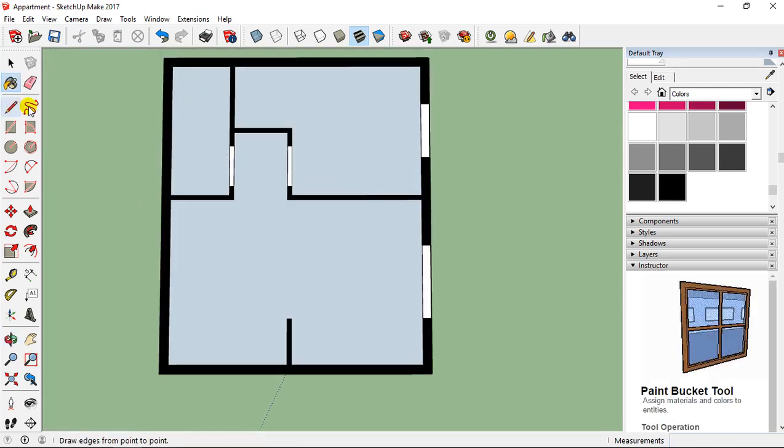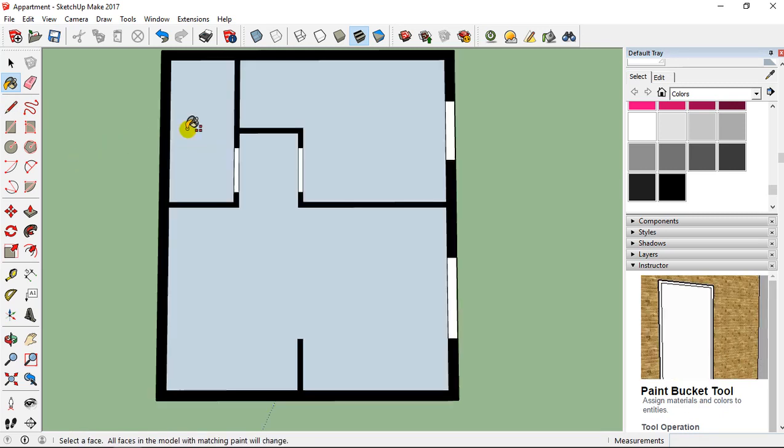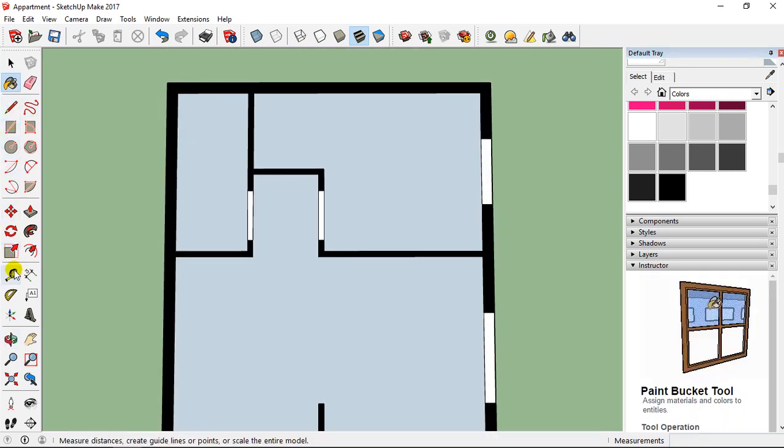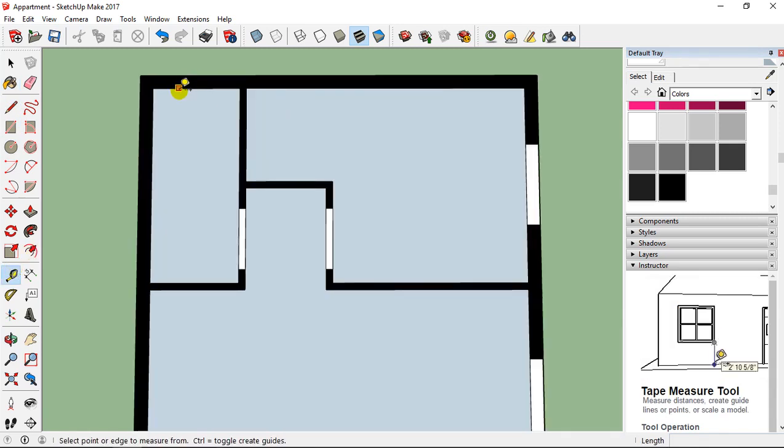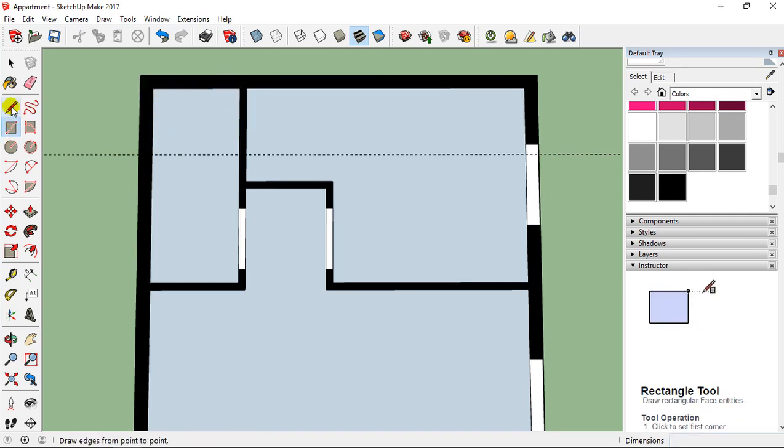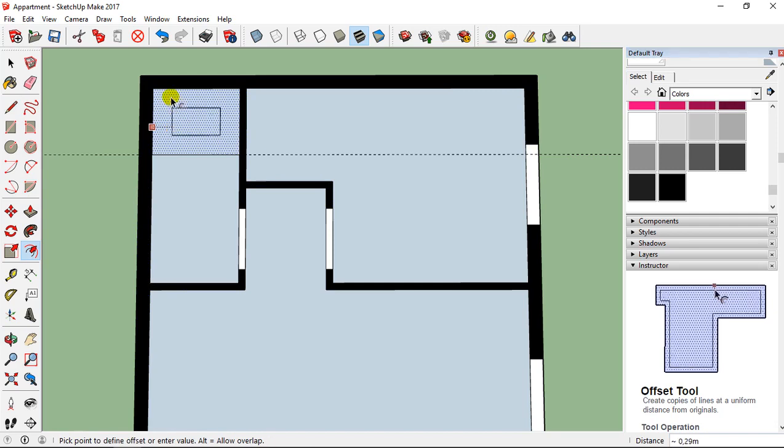Now I'm going to add a few furnitures inside. So let's take the bathroom. For the bathroom I take the line guide tool, and here I can place something at 1 meter like this. And here it's going to be the shower. Then I take the offset tool, and I'm going to reduce by, for example, 20 centimeters like this. Then I'm going to place at this level, for example, the sink.